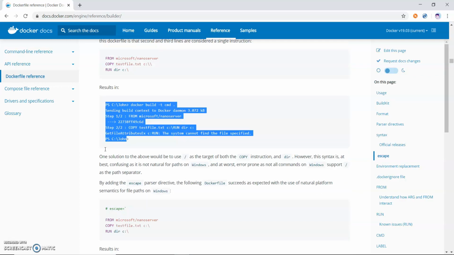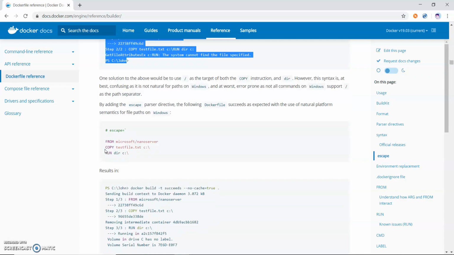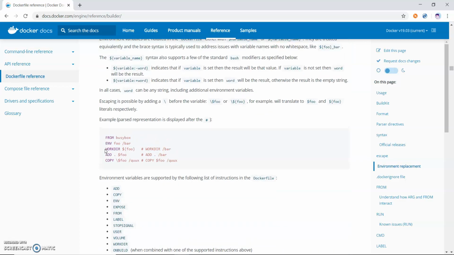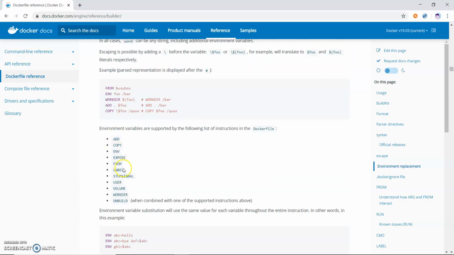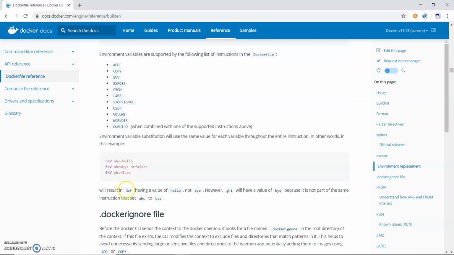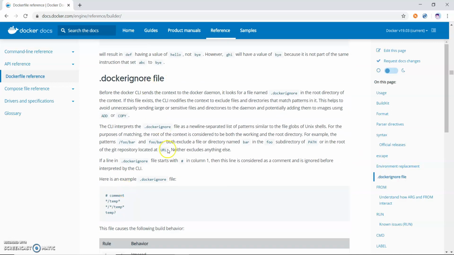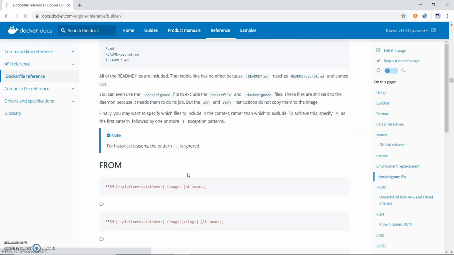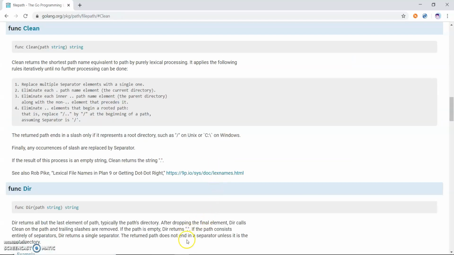You can go through this URL and you will get all the information: how we can use add and copy, how we can pass arguments, what a Docker ignore file is. All this information you can see on this website, right?